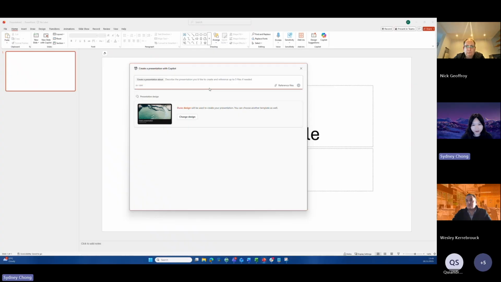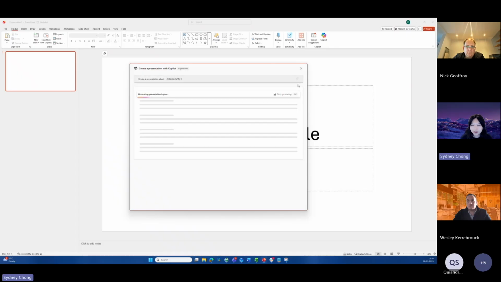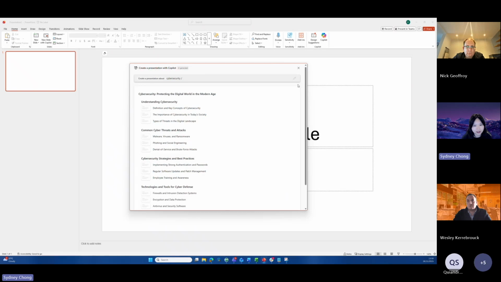Let's make another presentation about cybersecurity. At this point, I can just put in a word like this, or I can also attach some files. If you have, let's say, Excel files, Word files, a Loop, maybe you even have emails you want to attach, just to give Copilot more points of reference,